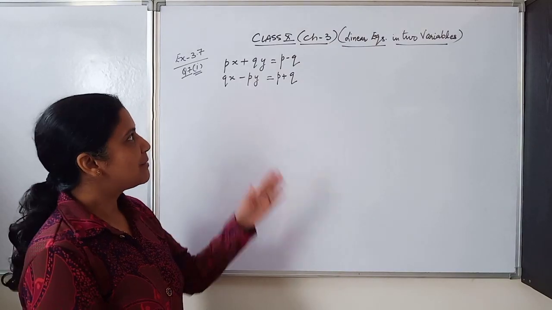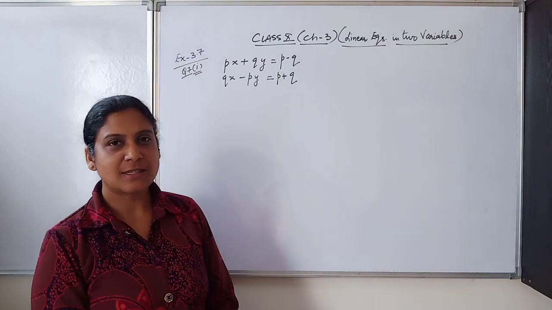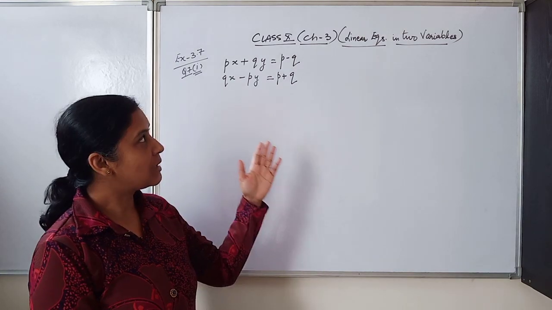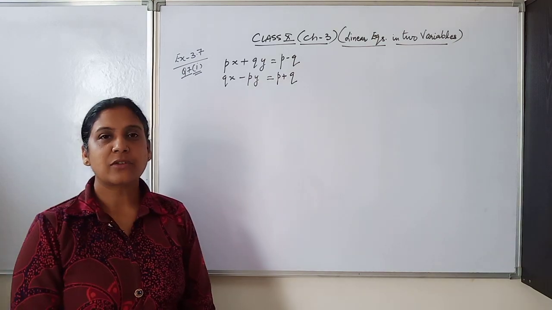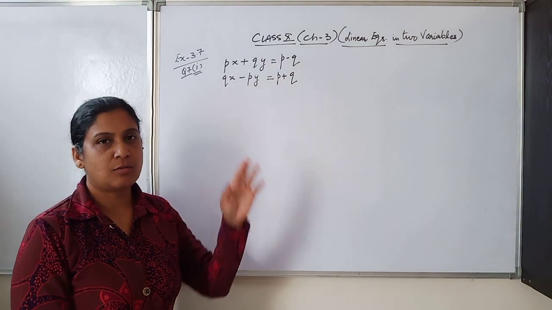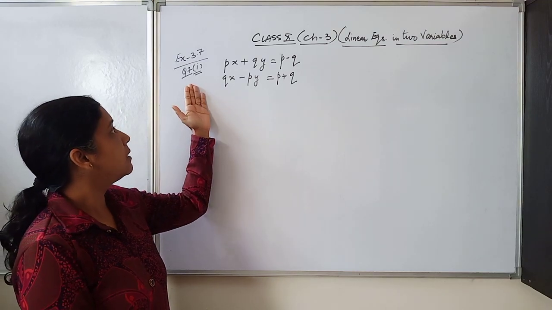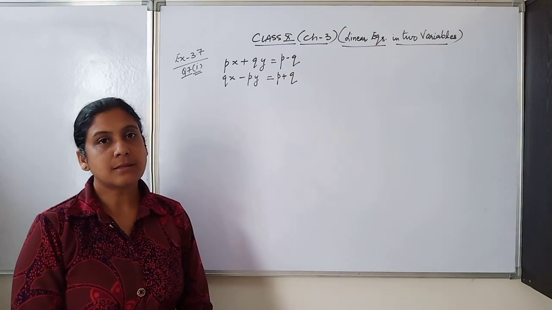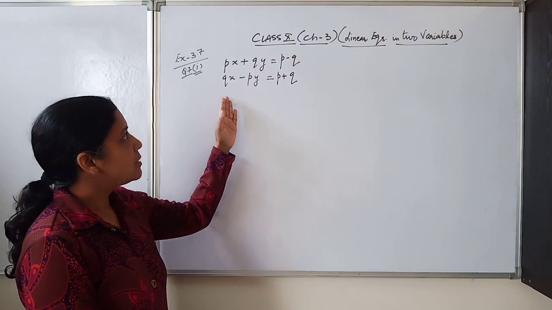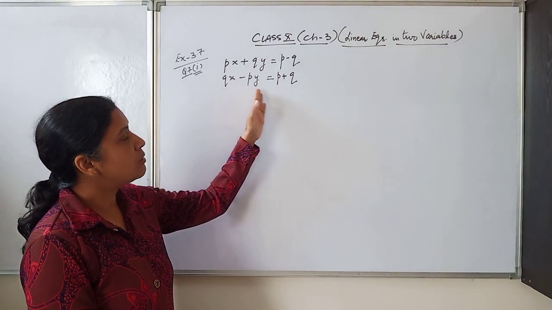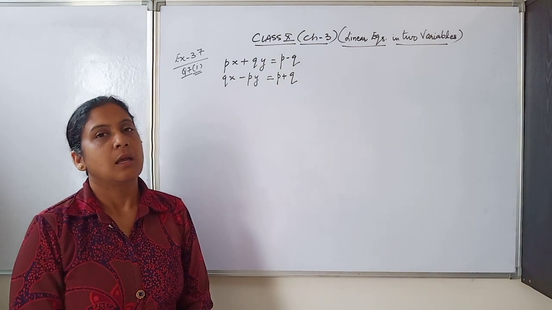Today we are going to take up the topic of a pair of linear equations in two variables, from class 10th, chapter 3. We are going to take some questions from the optional exercise 3.7. For example, I've taken the 7th question, first part, and it is considered to be very important from the board examination point of view. As you can all see, the two linear equations have been given to us, and we have